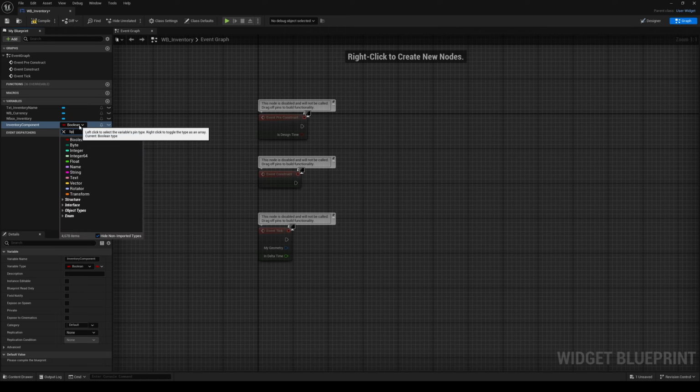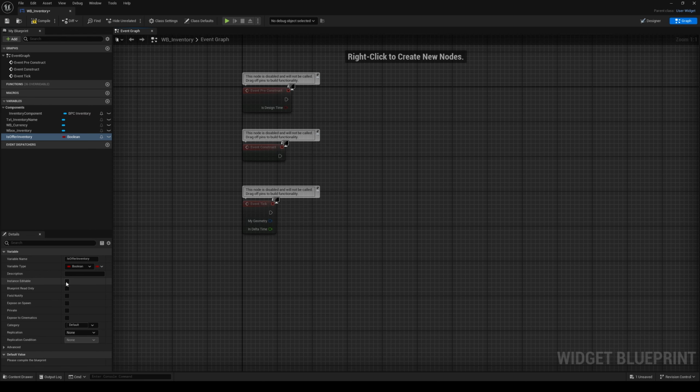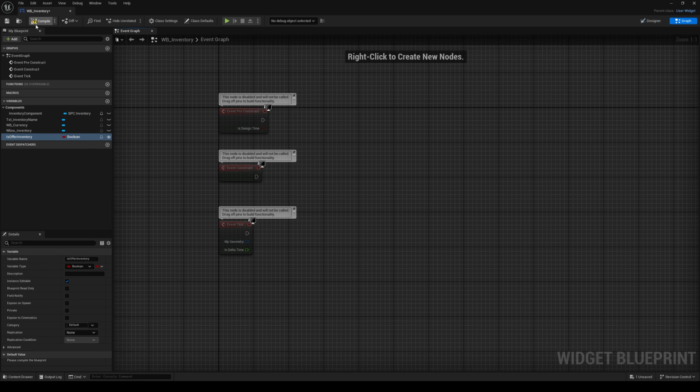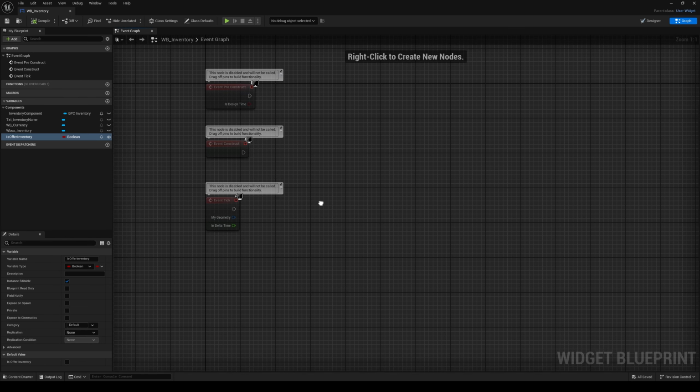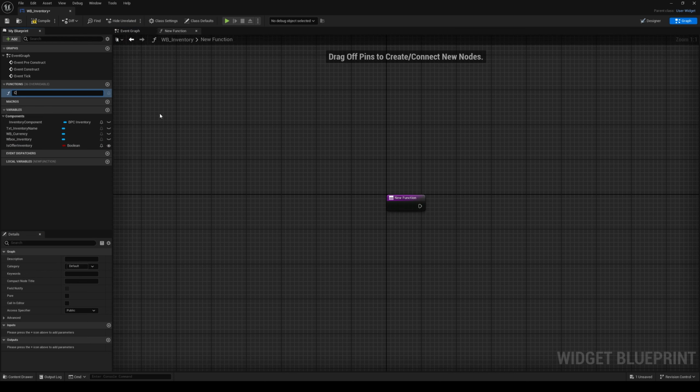This will be our inventory component variable. And then we want one for is offer inventory. So this will help us distinguish between the regular and the trade offers. And we want this to be instance editable, so we can edit it in the UI. And with that said, let's create a function called create